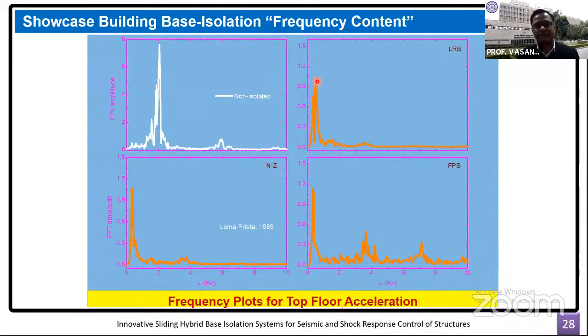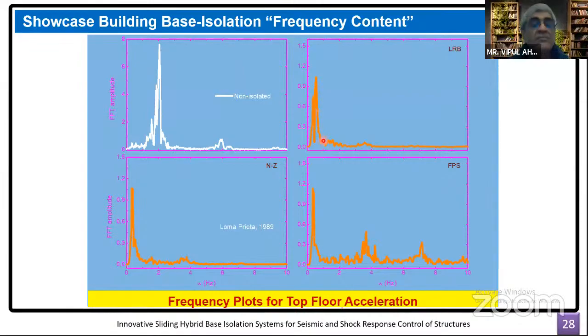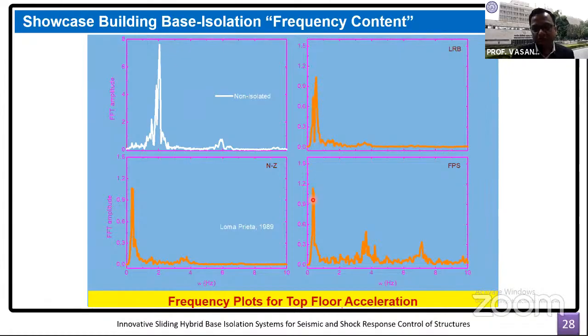It means the acceleration has reduced. So in terms of reduction in the acceleration, both elastomeric isolation systems and friction isolation systems are almost comparable, as compared to the fixed base building where the acceleration is quite significantly high. This is in the first mode. Both are equally effective in terms of achieving the response reduction in the acceleration. But this is in the first mode.